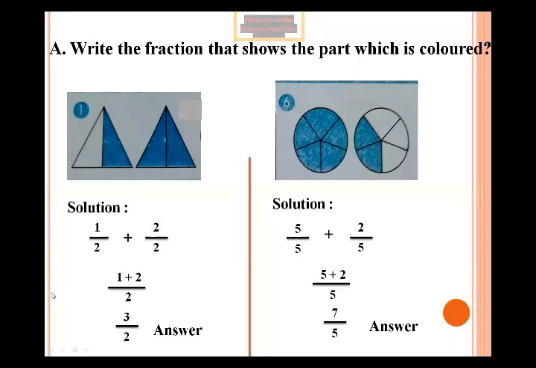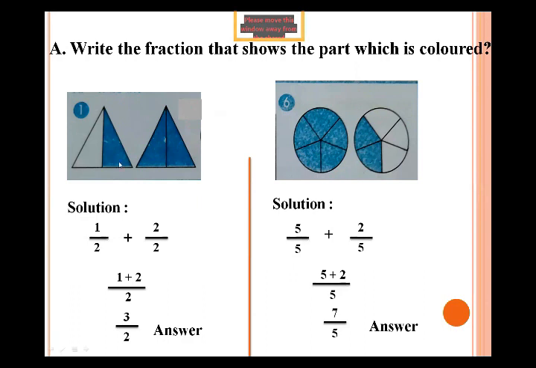Now add these fraction numbers to each other. Sorry, total parts are 2, total parts are 2. Their common denominator is 2. Here the numerator is 1, here the numerator is 2. So we add only the numerators, the shaded parts. The total shaded parts become 3, and the common denominator is 2. The fraction number is 3 upon 2.